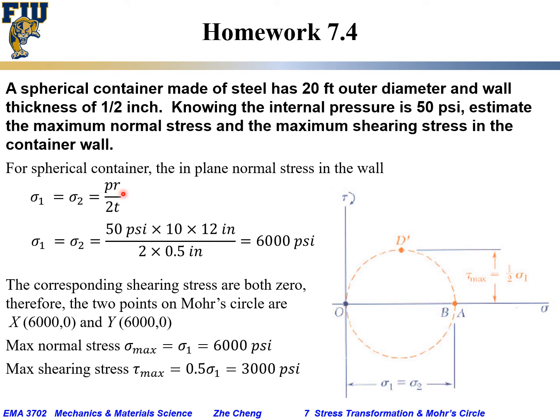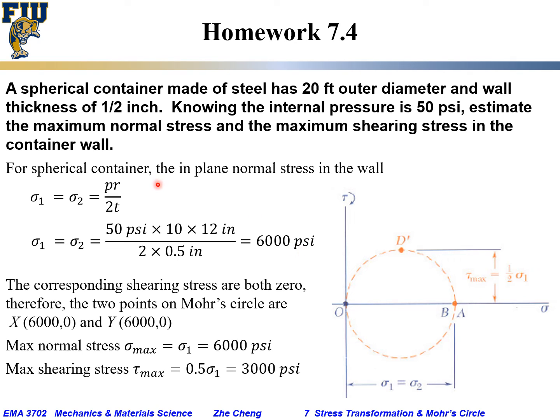pressure, R is the spherical container radius, T is the thickness, and in this case P would be 50 psi, R for radius would be 10 feet, converted into inches times 12 inches, and 2T would be 2 times 0.5 inch. You do the math, and it comes out to be 6,000 psi. So 6,000 psi in the container wall in two